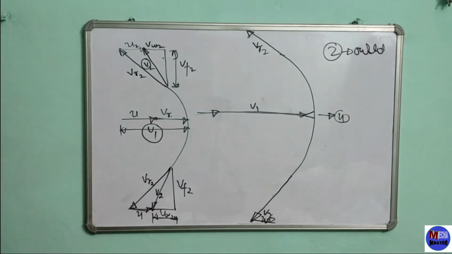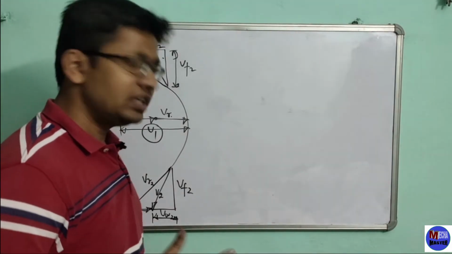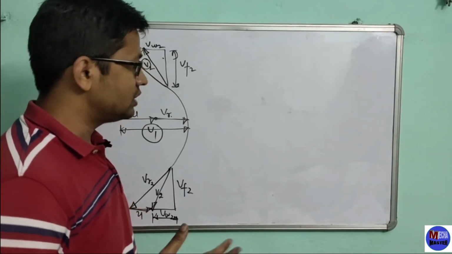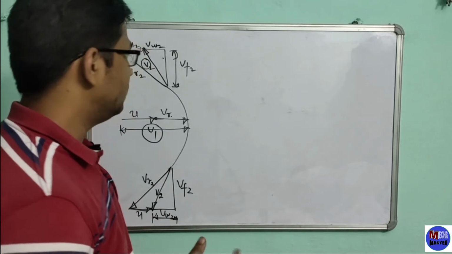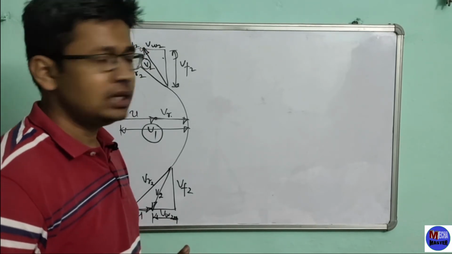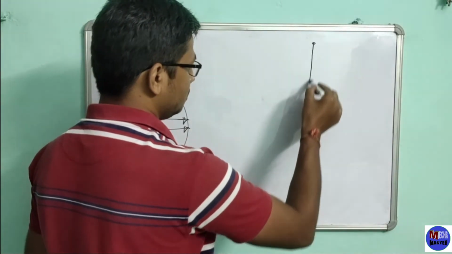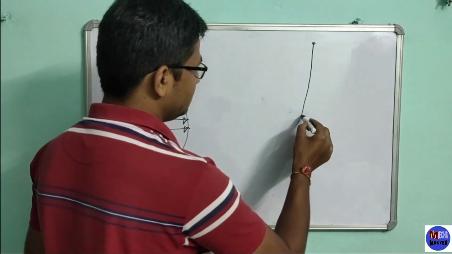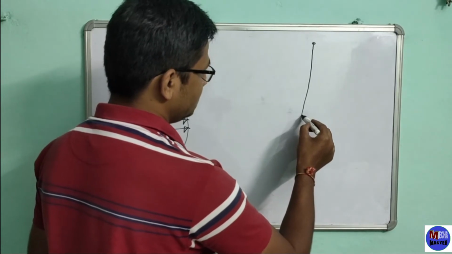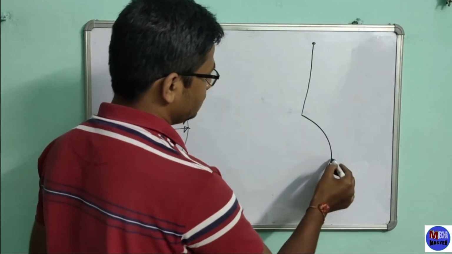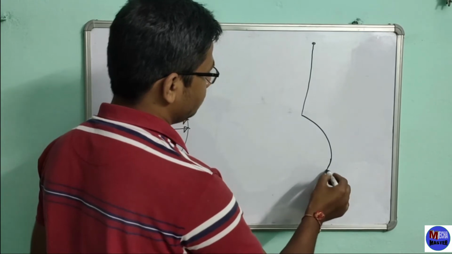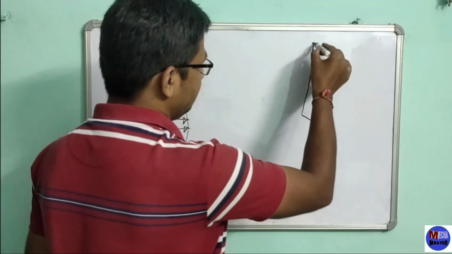It is very easy. Now, in the case of a radial flow turbine, I am going to take one example of the radial flow turbine. The method always remains the same: we will start with the radial velocity. It will be very easy. Suppose this is the center of the turbine, and there is a vane, this one. This is the radial flow turbine.